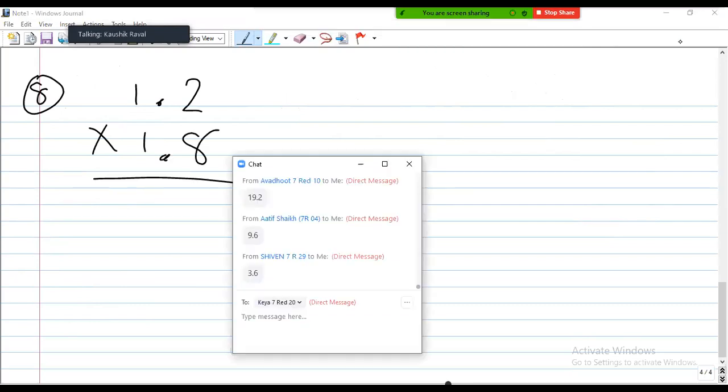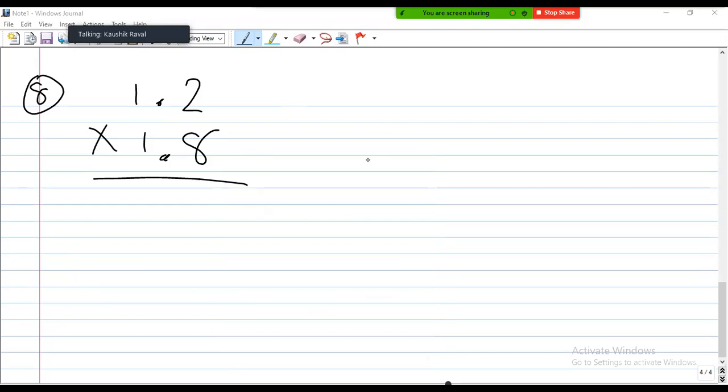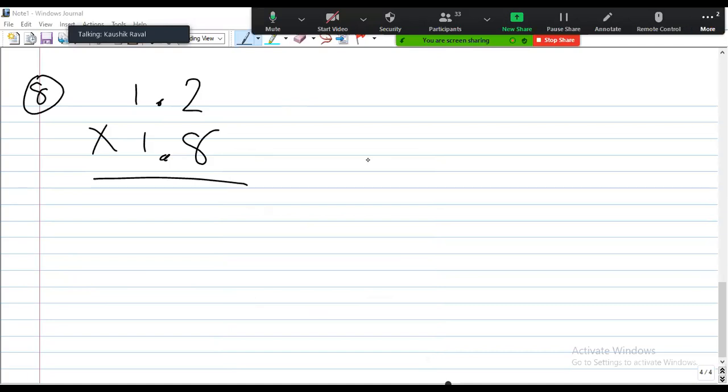Shiven, that is Shiven Bhatt or Rajput? I don't know. Anyways, but incorrect answer. Yes, Avdhut, Astha, Shiven Rajput is incorrect. Gaurav incorrect. Shiven Parini is right. Nope, no, no. When you have more than one number which has got decimals in multiplication, they are added, right?